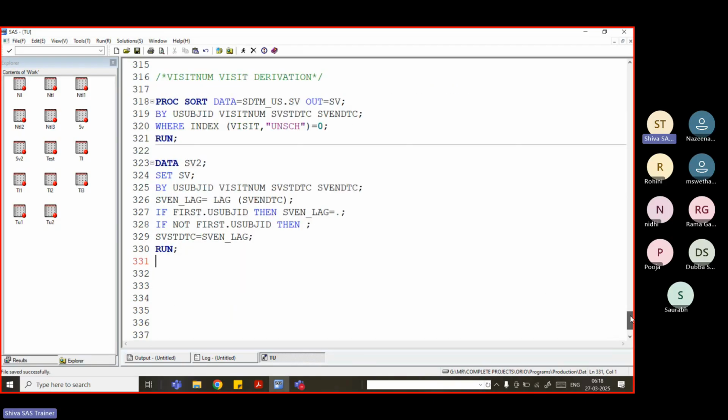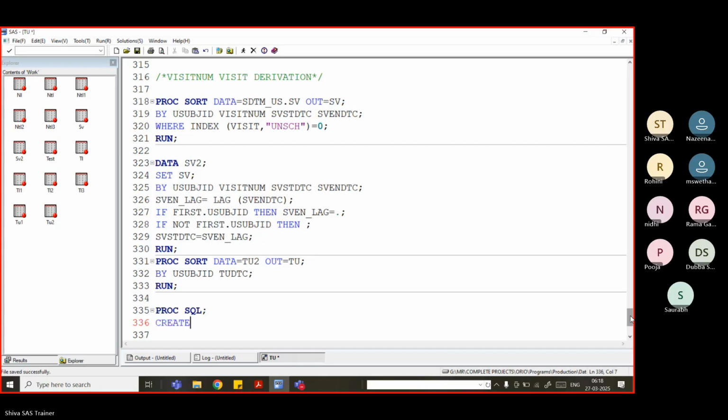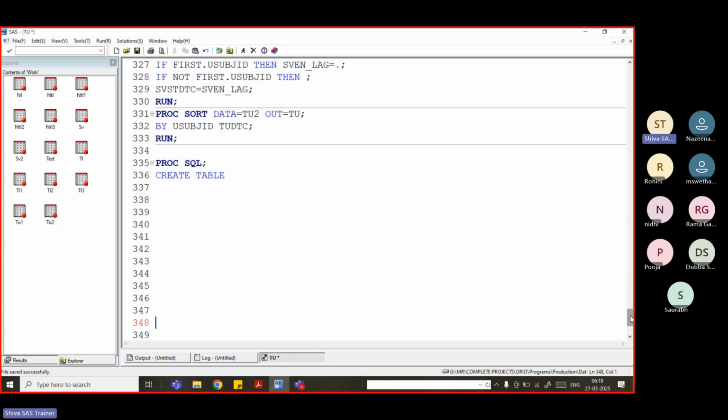we sort our data set, out equal to TU data set, by subject and time for the data set, and we have to merge these two data sets together. Proc SQL, create table, something like TU underscore final as